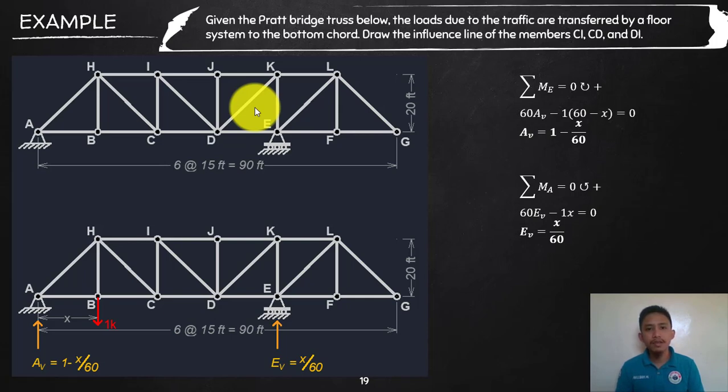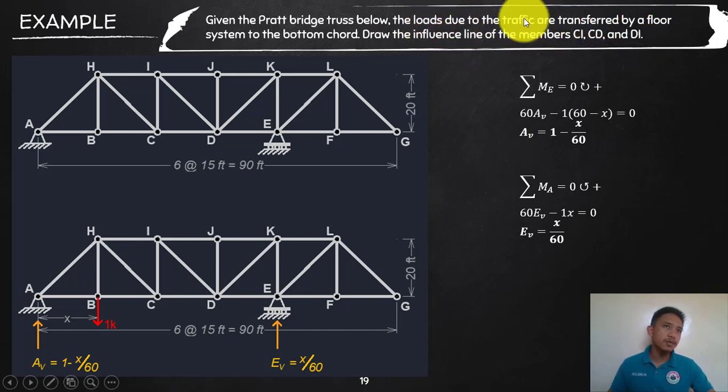Okay, so there are types of trusses that are commonly used on roofs, and there are types of trusses which are also commonly used on bridges. One is this truss that is commonly used on bridges, wherein your diagonals are parallel. Since the loads are applied on the joints of the bottom part, what we are going to do is draw the influence line of the members CI, CD,